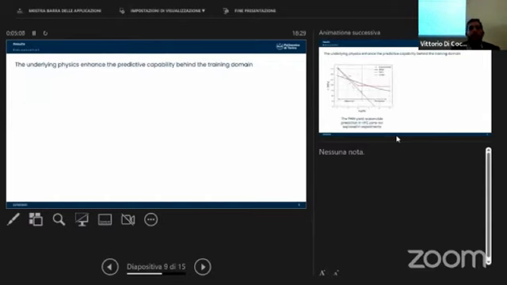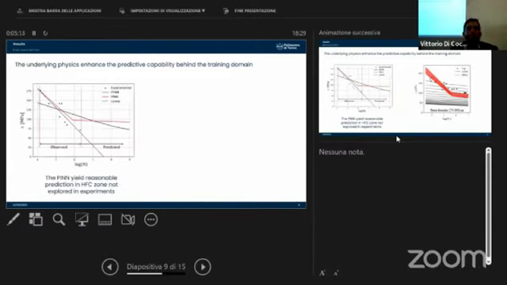Another advantage of this architecture is that the predictive capability is also better beyond the observed domain during the training, because we're infusing some physics that is preserved even when we are predicting outside our dataset. For example, if we take a dataset where we have data until 10 to the 6th number of cycles, we can see that using our method, we will have a reliable, physics-compliant prediction even in the very high cycle regime, because the neural network could learn the relationship between the printing parameters and the response at that regime.